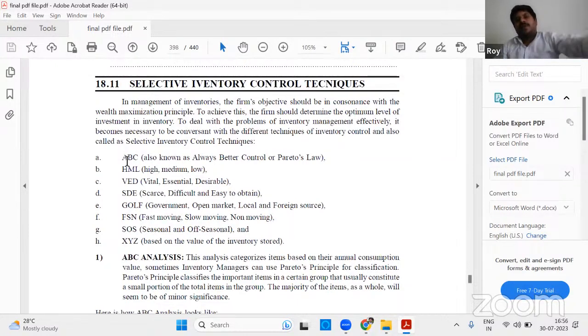These are very important techniques for inventory control, and an important question also. I can open my PPT and explain, but it will take some time, so listen to this. Inventory control: there are some techniques given by different people, and these inventory control techniques are used to understand how you manage the inventory. Now see this. The first one is ABC analysis. Generally it is called Pareto's law, or always better control. But for your understanding, what should I tell? Let us say,